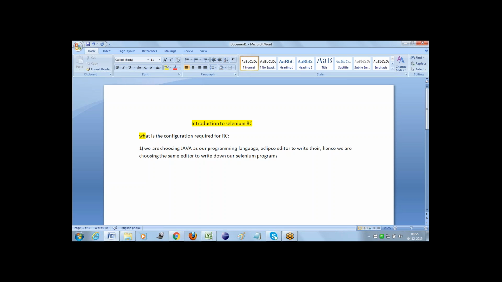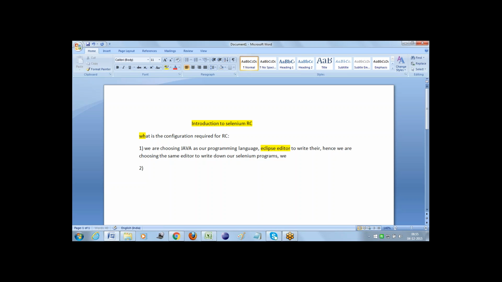The same way, here we need to choose an appropriate editor to write our source code. One among those editors is the Eclipse editor. In the Eclipse editor, we are going to write our Selenium Java programs. That's the first configuration.